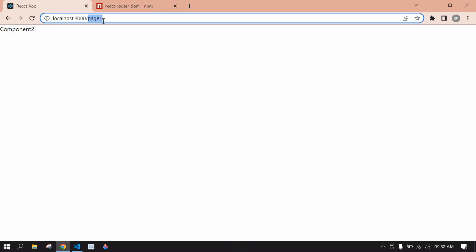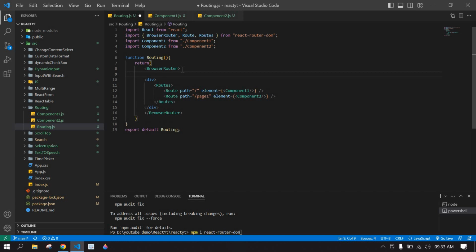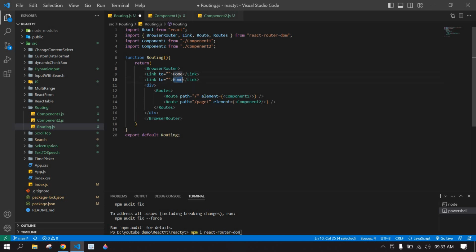This is routing. I'm going to use a link. We are not going to change this URL manually. If I click a button, the path will change. Here after this I'm going to create a link. It is home, and here the path is an empty string because it's the home page, and I'm going to duplicate this one more time. This is page 1, and here I'm going to copy this path and paste it here and